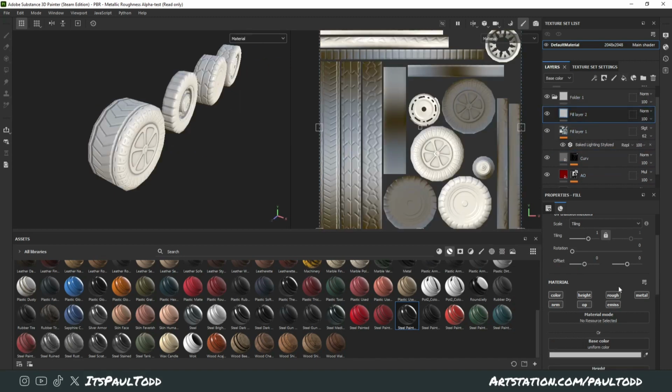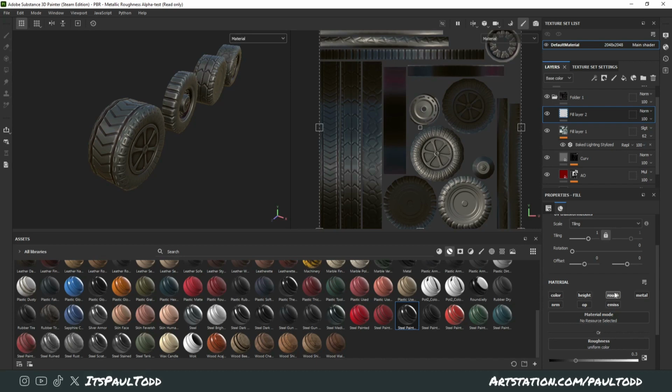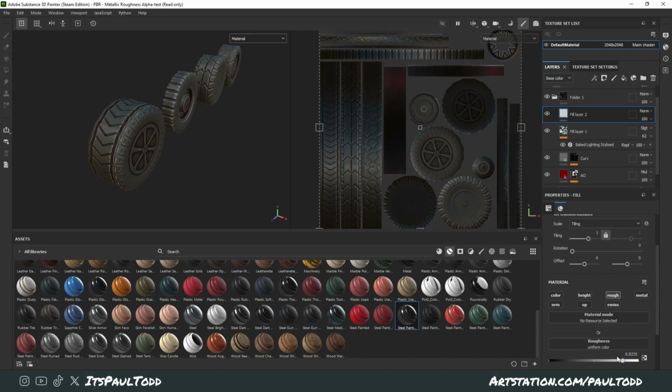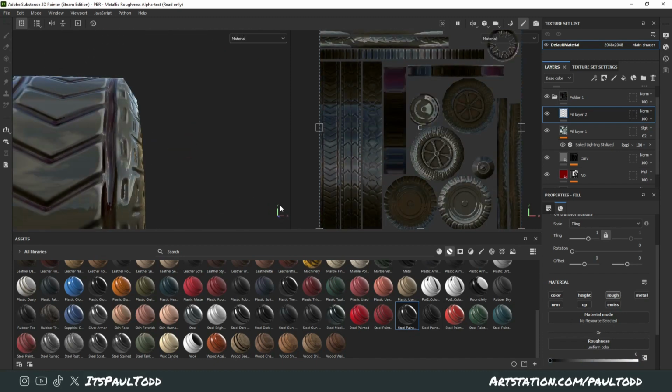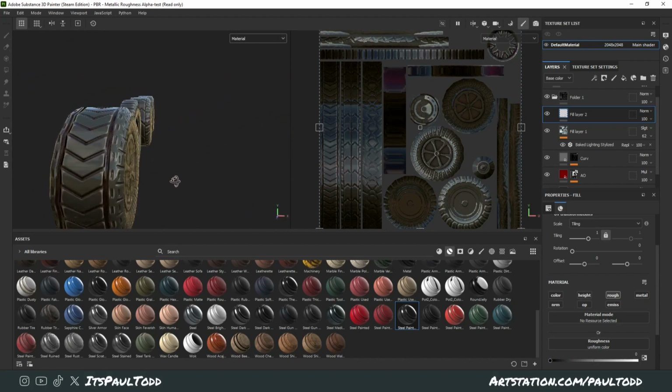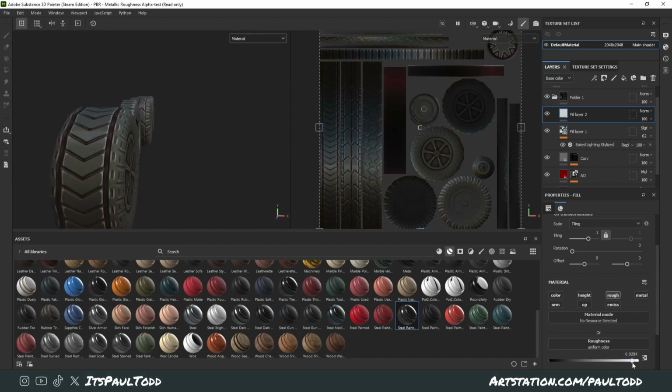Let's get a roughness value on, so we'll just alt click rough. Change that value. This is going to affect the whole mesh, so 1 is fully rough and 0 is full shiny. The tire is going to be quite rough, almost fully rough. We'll do it 0.9 just to